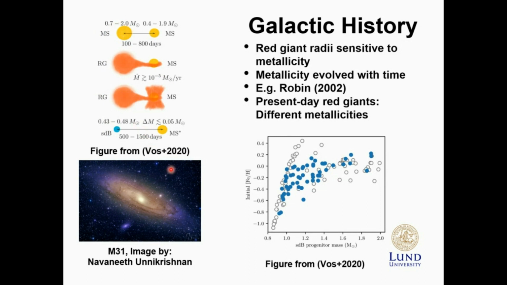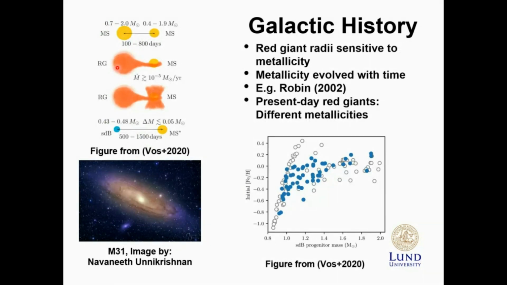And if you think about how the galaxy looked about 10 billion years ago, we realized that the galaxy was much more metal poor than the current galaxy. So in other words, if we have a subdwarf B star which comes from a solar-like star, then initially it had a low amount of metals in its atmosphere. And that actually has quite a big impact on the